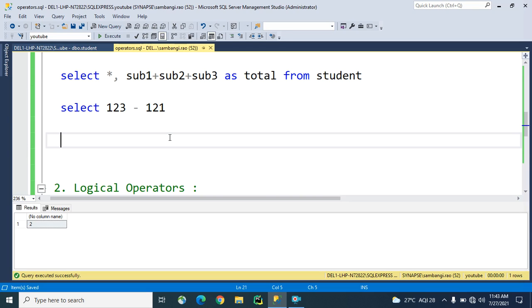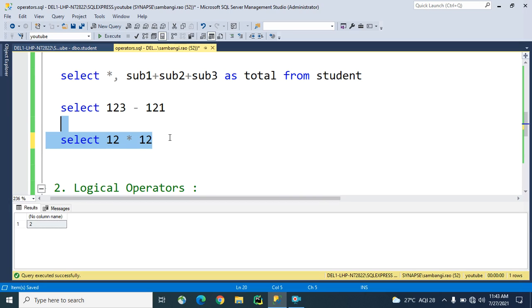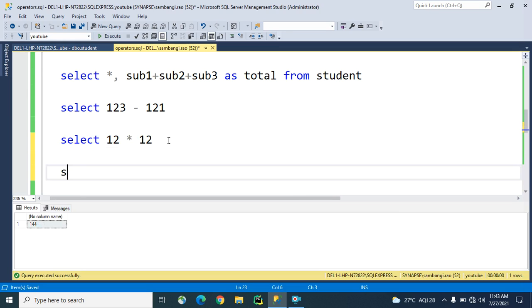And coming to the multiplication operator right now, select, you want to know about the multiplication of 12 into 12. 12 square means 144. Yeah, 144 has been given here. So this is the multiplication operator.